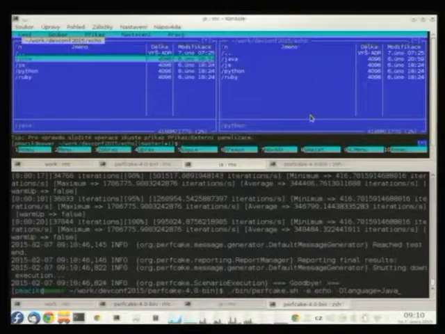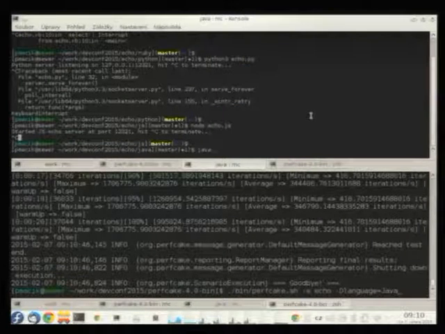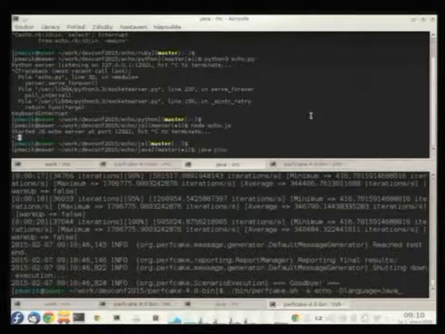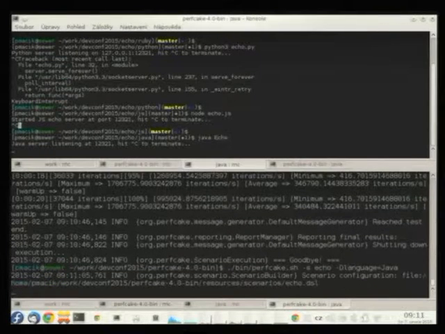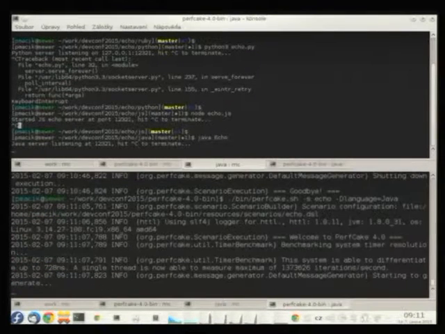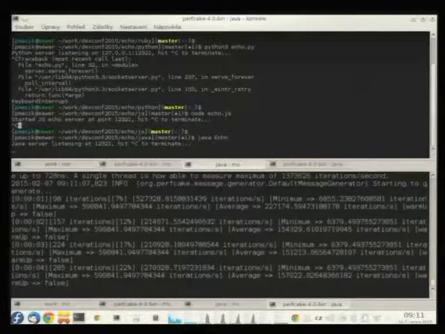And the last implementation is in Java. Okay, we compiled it before, so we don't need to compile the source code again.